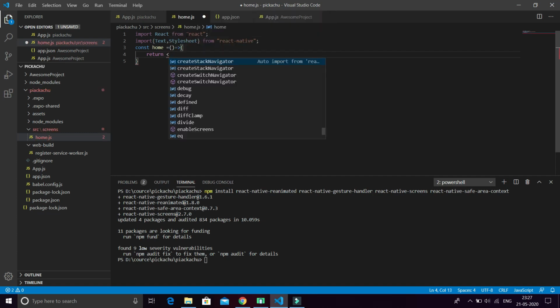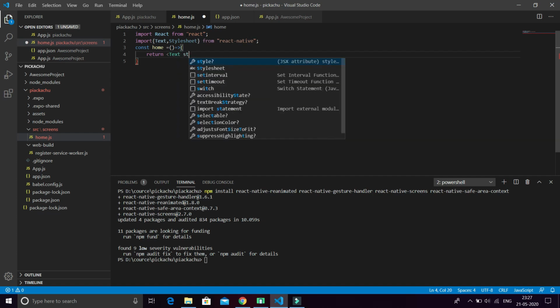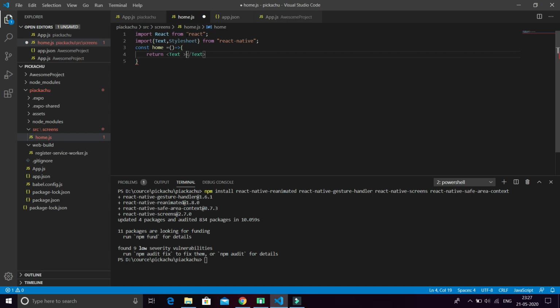We import just Text. Here we name it Pikachu Pika Pika. Okay friends, and I have done with this.